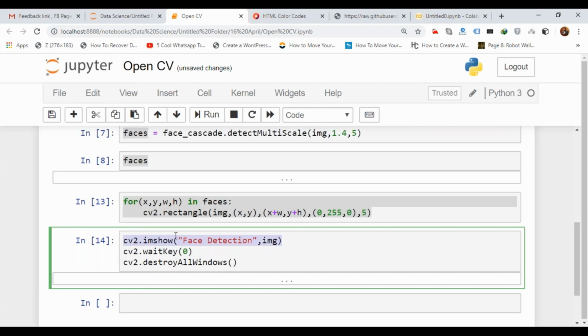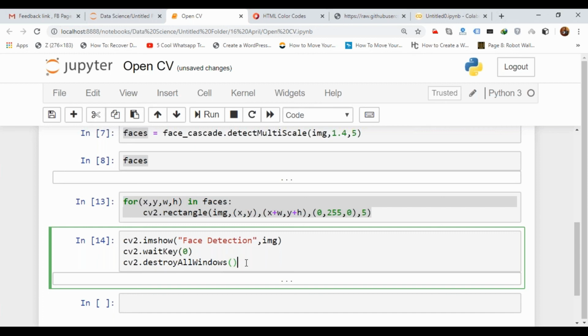It will keep that window open, and whenever I press any key, this command will wait for us to press any key. This 0 means that any key we can press. If we press any key, it will destroy all the windows related to CV2. That means the window that it opened to display the face will be closed.